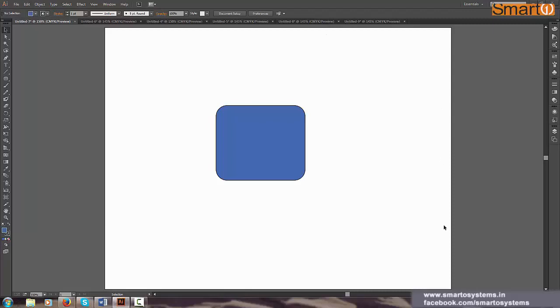This document is fit to my screen, so when you create a new file, Illustrator will fit the document to your screen to a certain zoom level. Let's say my document is at 150 zoom level, but if you want to see the original size of your document, then it should be on 100%.